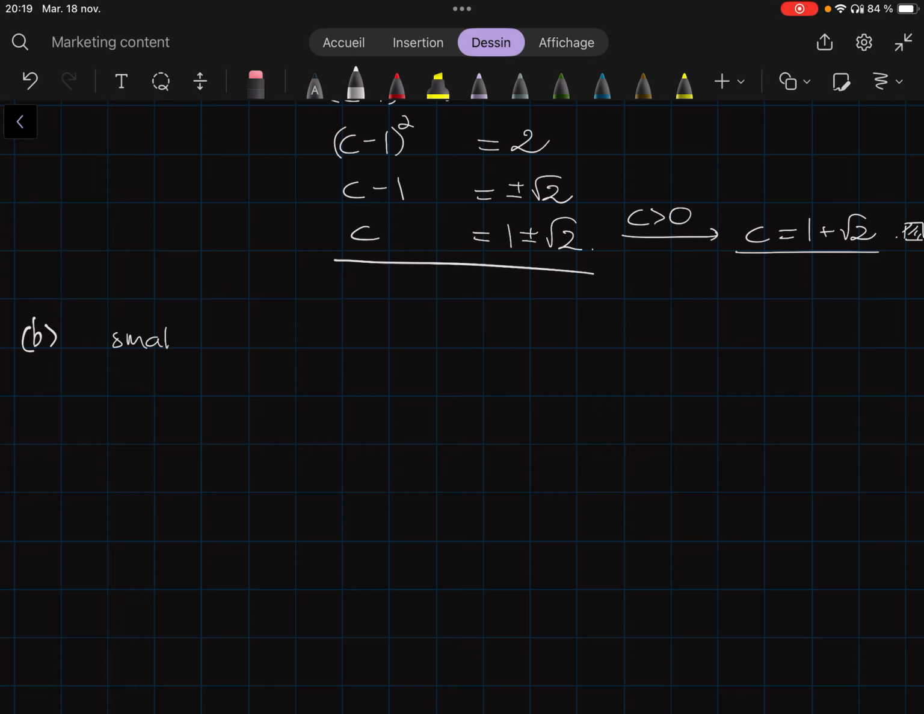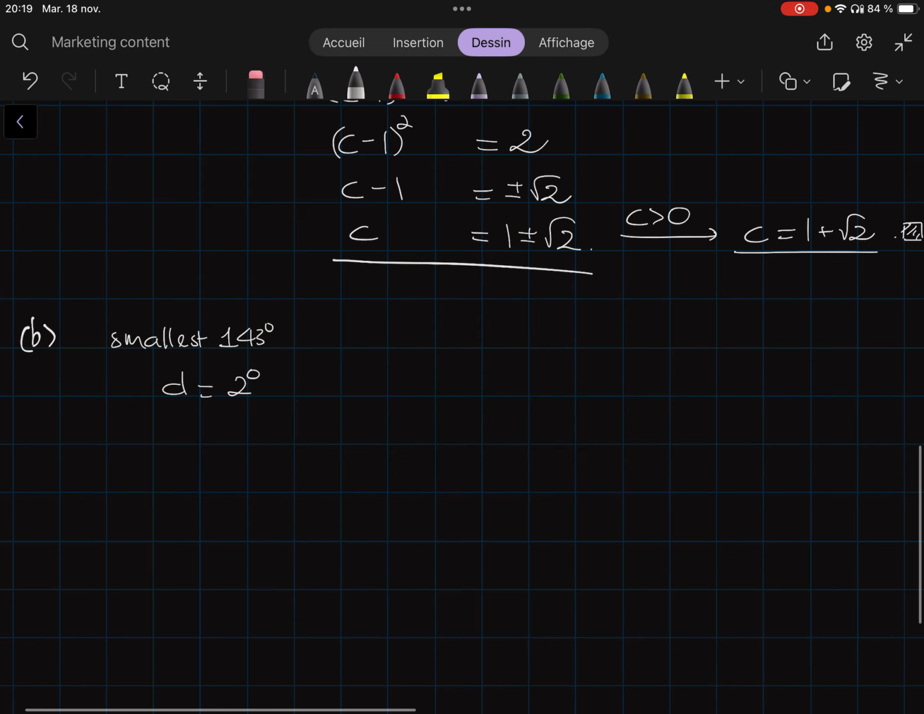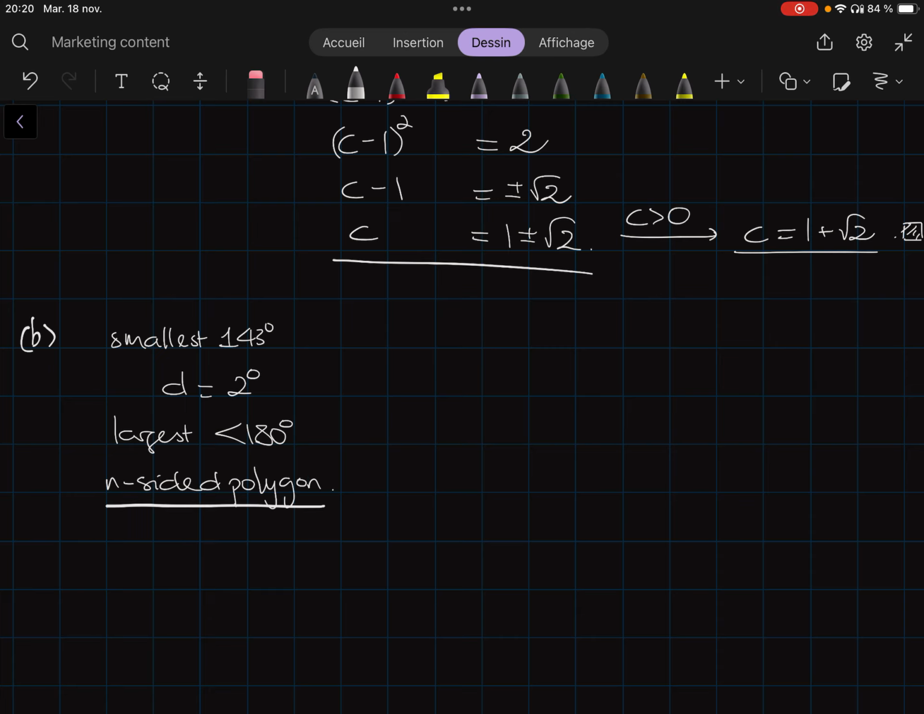So, we know that the smallest angle is 143. We know that the common difference is 2 degrees. We know that the largest is less than 180. And we know that it's an n-sided polygon. How are we going to use all of this information? One, if it is an n-sided polygon,